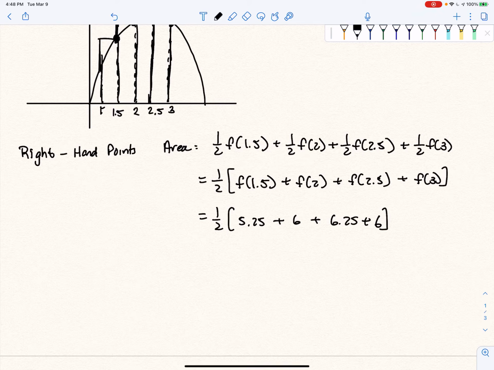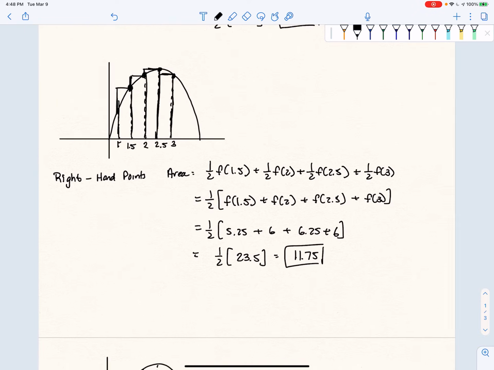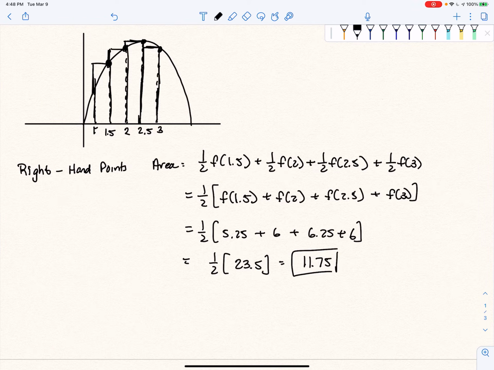There we go. And now that means this is 1/2 times, well, let's see. 5.25 plus 6.25 is 11.5, plus 12 is 23.5, which looks like 11.75. Now, one other estimate, now knowing that the left-hand endpoints is probably lower than the actual area, and the